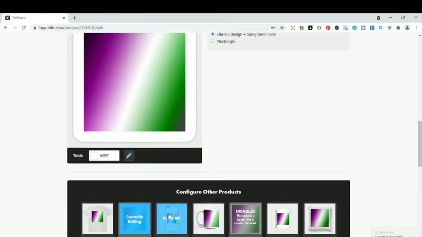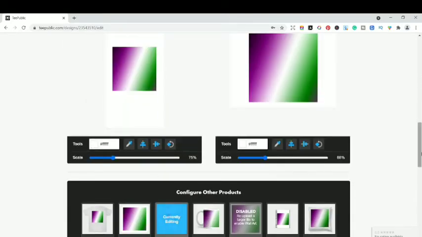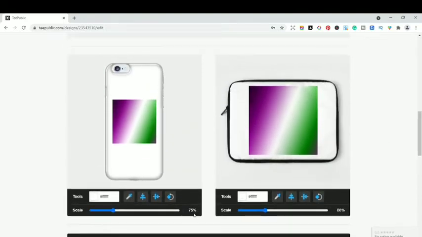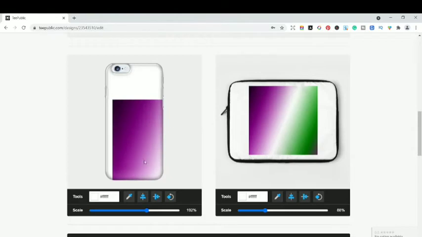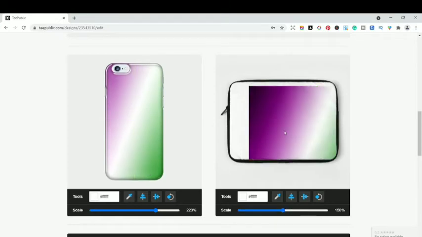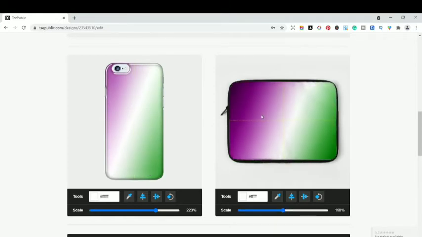The third product we have is the cases and the laptop covers. Over here you have the scale, so obviously I need to use the scale and maximize it and customize it according to my phone cover. So you can see how it's looking here. Let me do it again. Yeah, it's looking nice. It's the same with the laptop cover, so I'm probably going to scale it